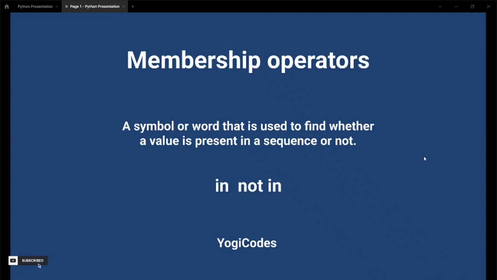These are some of the membership operators, like in and not in, whether the string is in the sequence or not in the sequence.